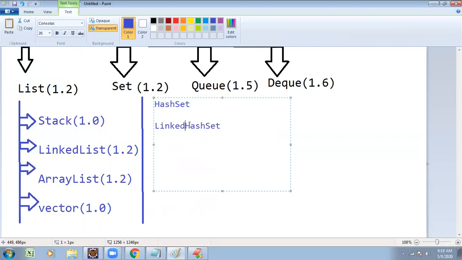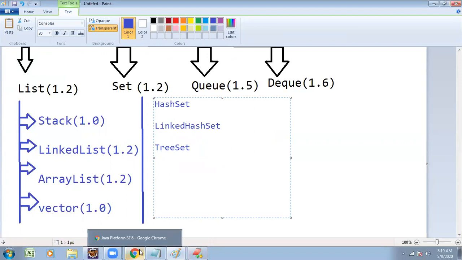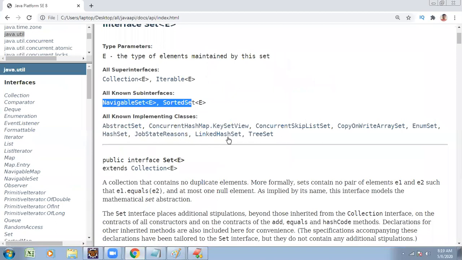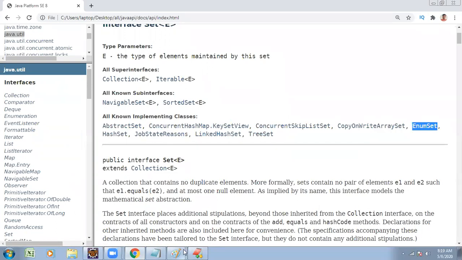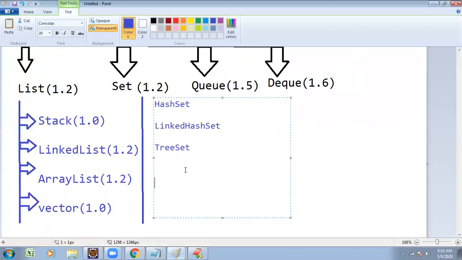Next one is preset, as well as one more new thing added with JDK 1.5 version, that is enum set. Like under set interface, enum set is also there.